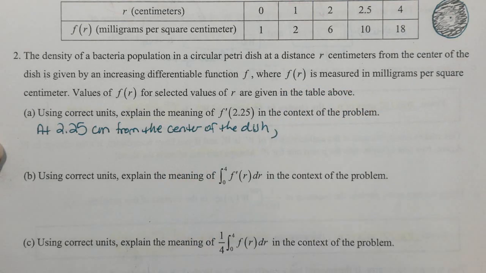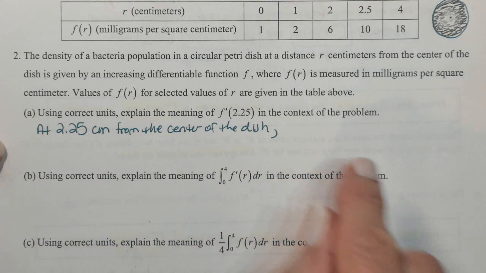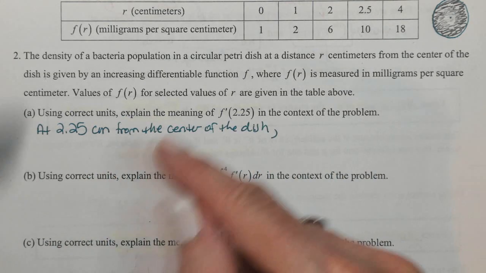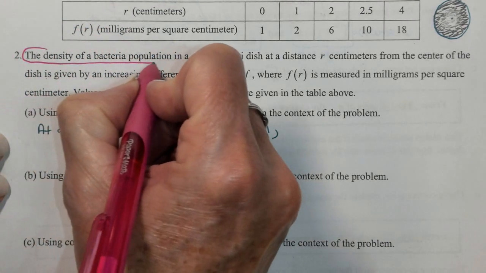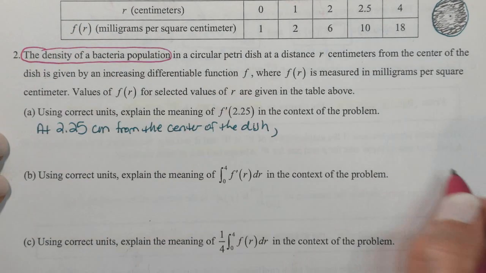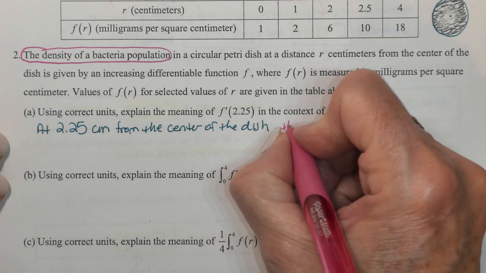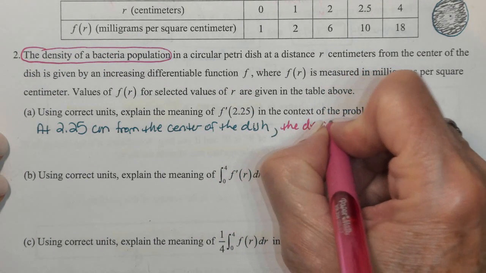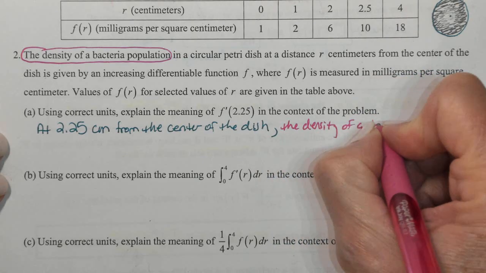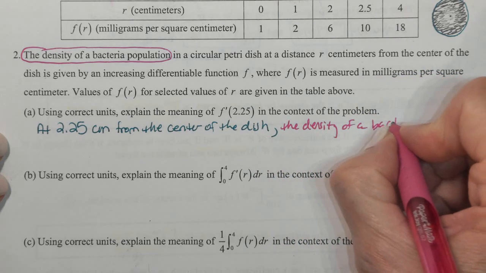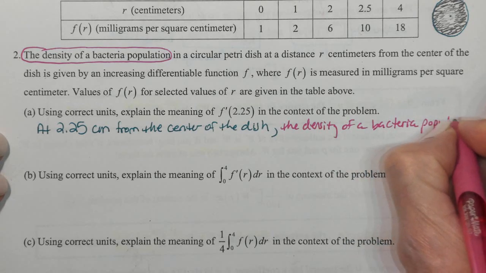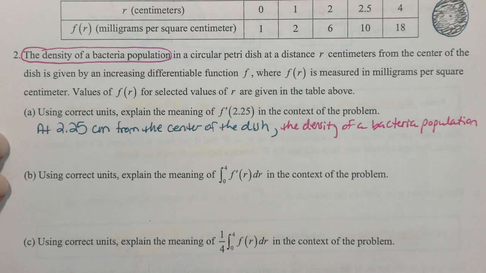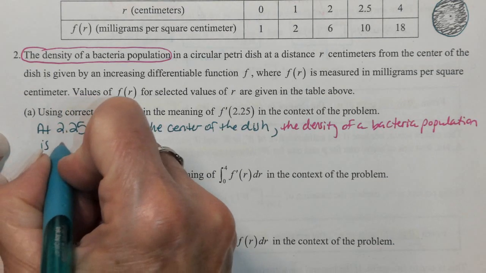At 2.25 centimeters from the center of the dish, f is changing at a rate of, but I don't say f, I say the meaning of f. And the meaning of f is the density of a bacteria population. So the density of a bacteria population is changing at a rate of